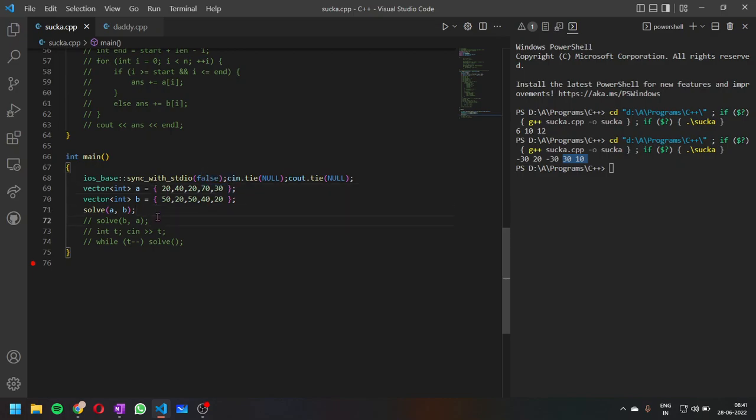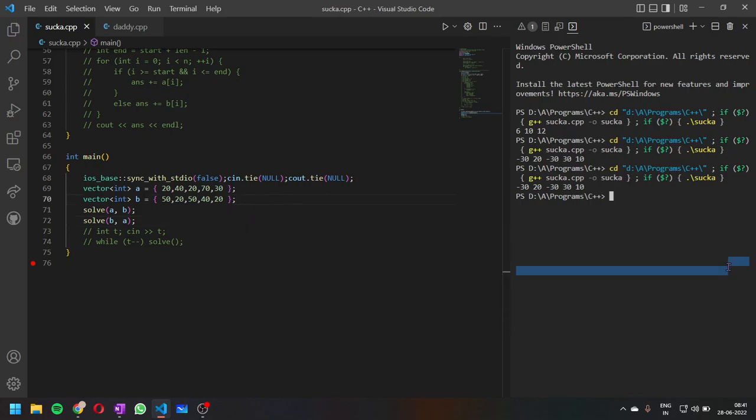There could be another case where we are subtracting B minus A. So let's look at this case as well. In this case, we can see that it is saying this is the maximum possible subarray.